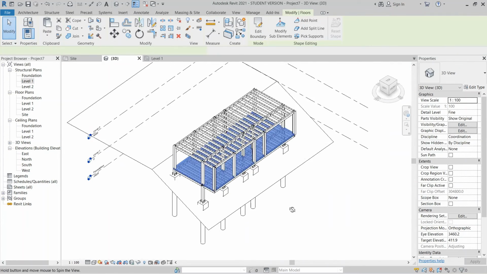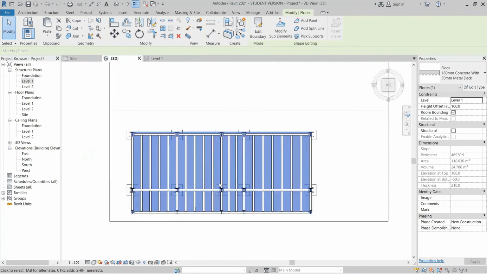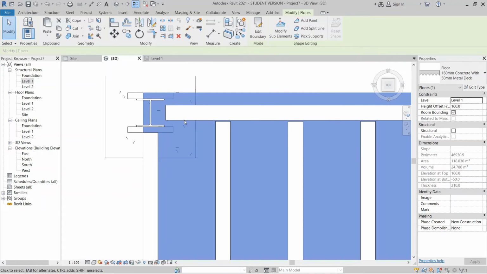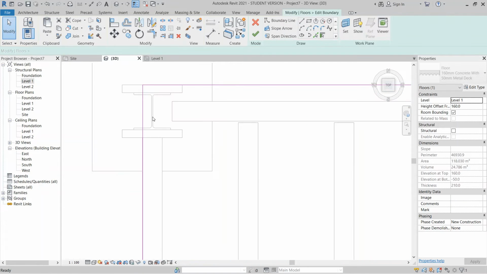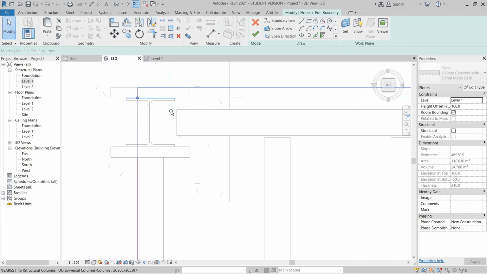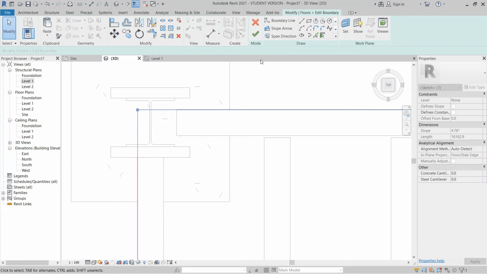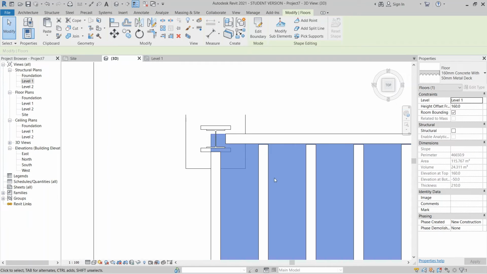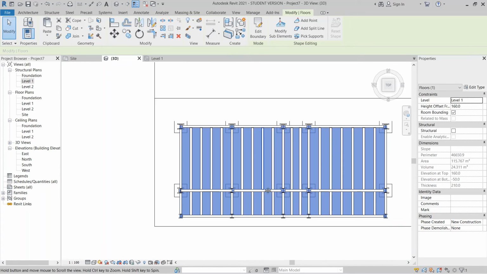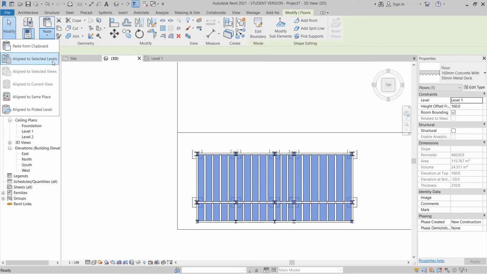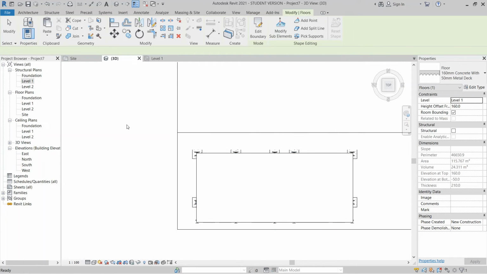Let me adjust the top one first, and I can adjust from that, make it until here. I think, hit apply, copy, align to the where tool.